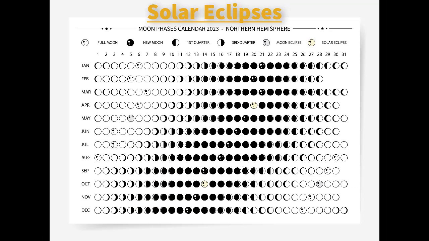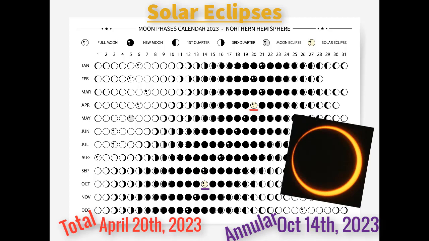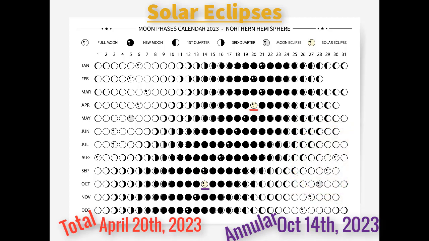So if we touch base real quick with solar eclipses while we have our lunar calendar present, we'll just go over the dates, and if you really want to learn more, I'm going to have a future video about eclipses in a bit. But yeah, if we look at last year's lunar calendar, we see that on April 20th, there was a total solar eclipse, and then on October 14th was an annular eclipse. Annular means the moon was a little farther than normal, so it doesn't cover up the sun completely. And there's also partial, where it partially hits it, and then hybrid is a mix.